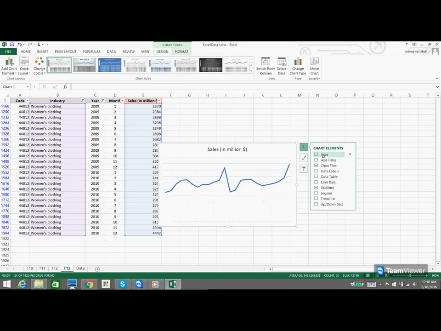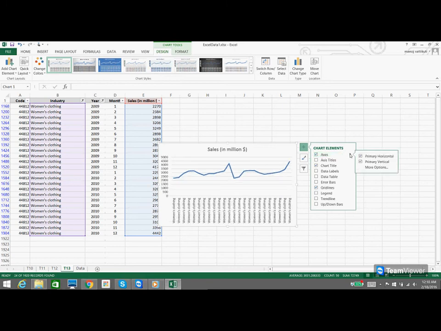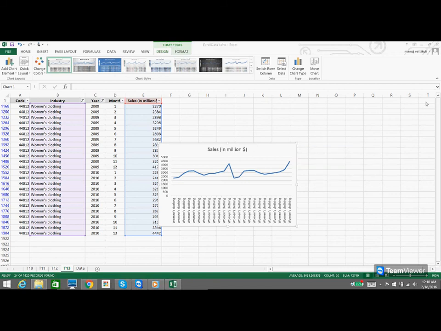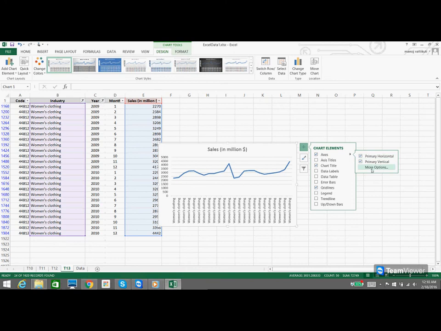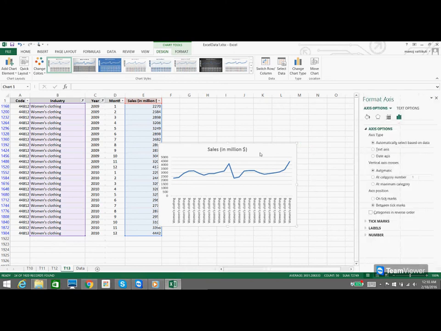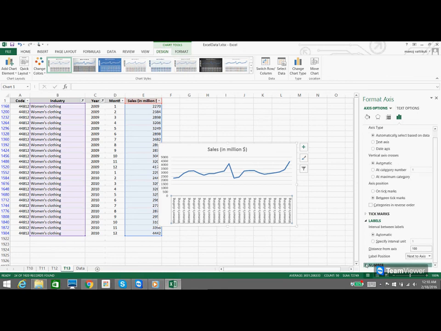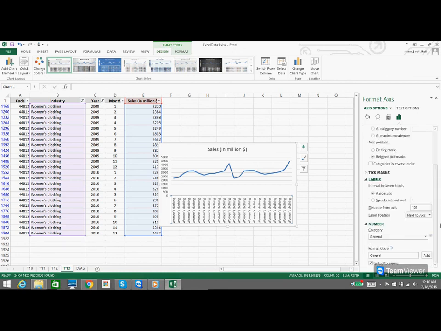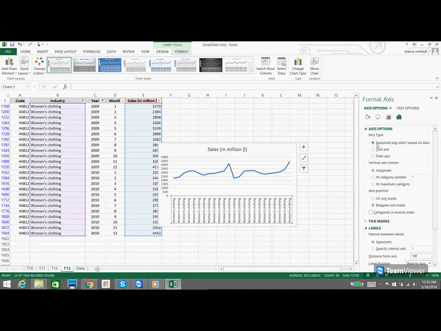or I can even go to settings over here by clicking on this, by clicking on the axis tab and going into the more options, and then labels, number, or else you can directly